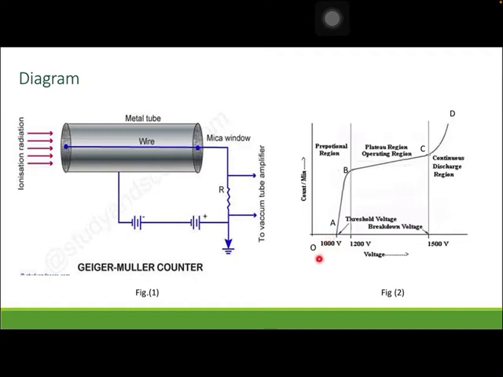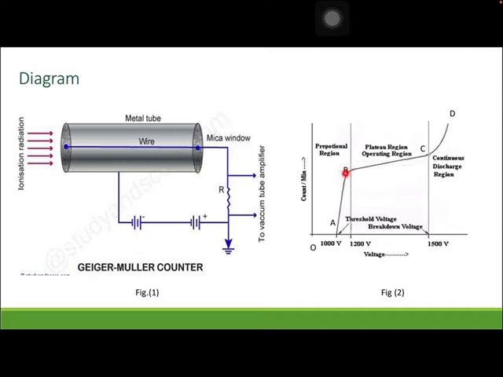Okay. So for the ideal situation, this particular graph is shown. At around 1000 volt, this count rate starts to begin. So this voltage at which the count rate starts is called the threshold voltage. This region OA, up to this the counter is inactive and it becomes active at the point A, and after the point A, the count rate goes on increasing rapidly up to the point B.